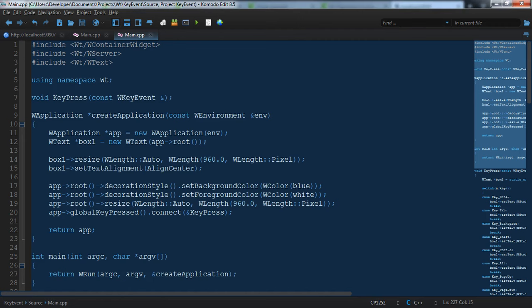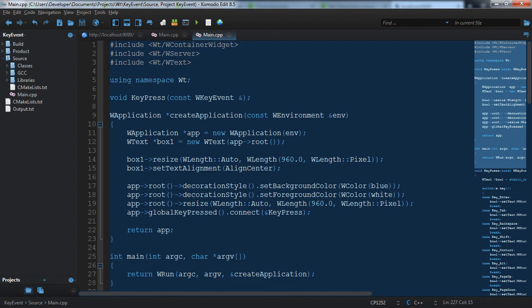So basically, I have a Komodo Edit project, and it is called Key Event. I probably should have called it KeyPressed, but the project is called Key Event. And basically, what we're going to tackle is the GlobalKeyPressed event that is part of the Wt application object in the Wt library. So what I have here is a Wt application object, and we've created a Wt text widget,